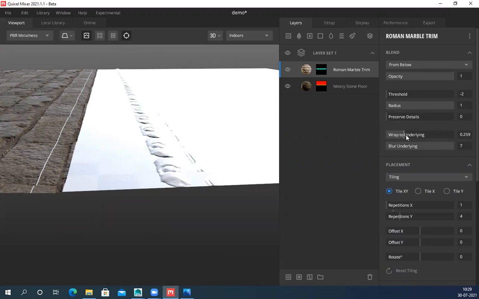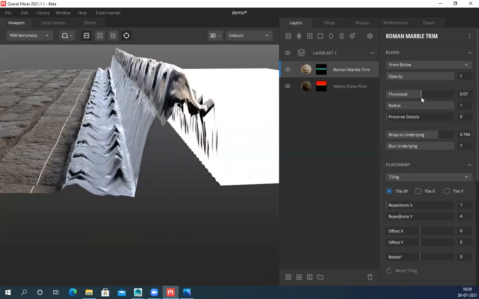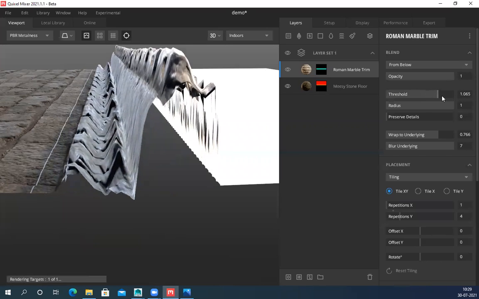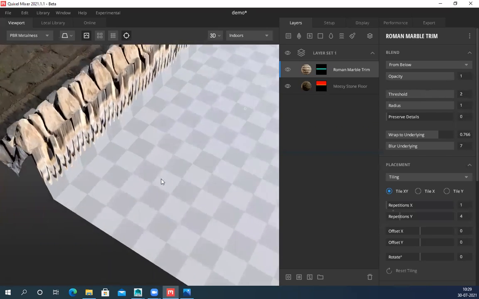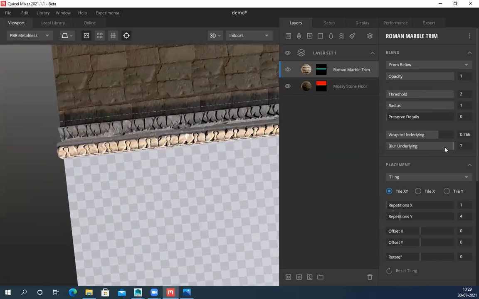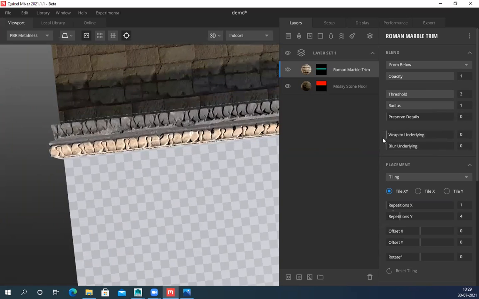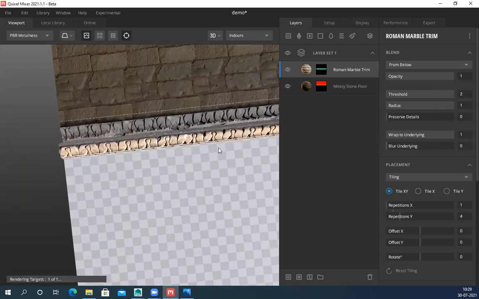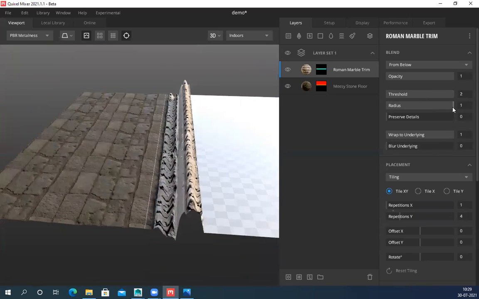It's not working. It should show me this texture. And it should be flat.